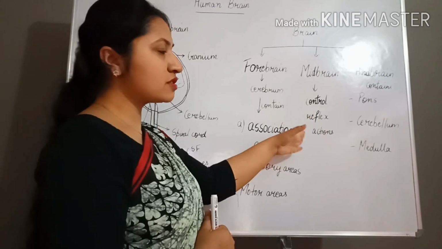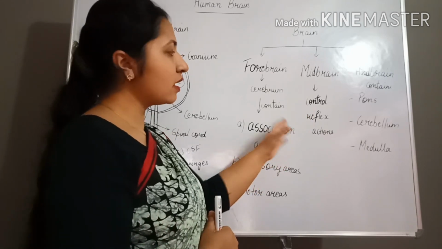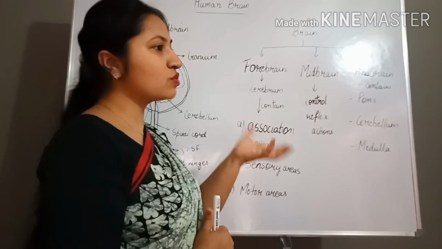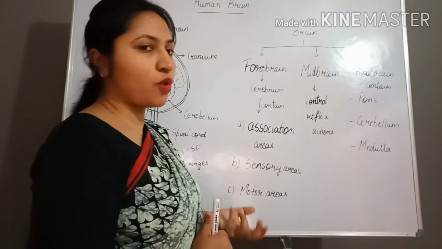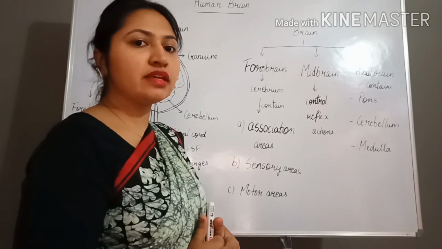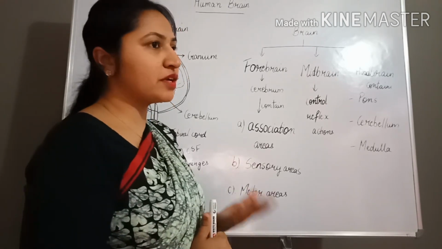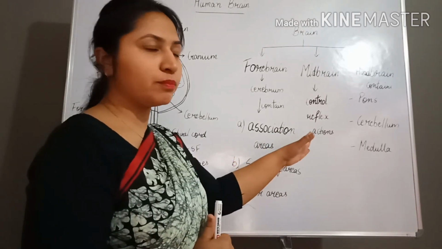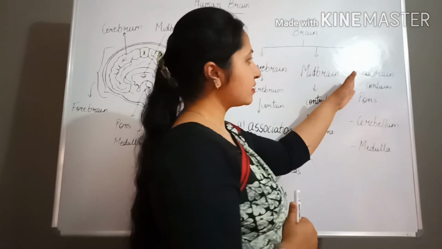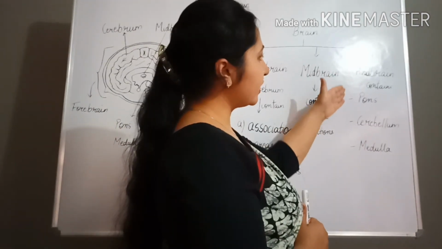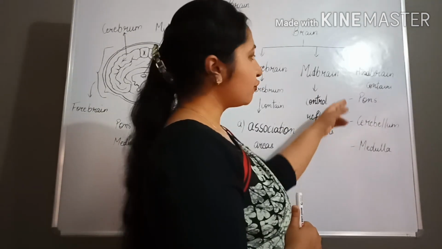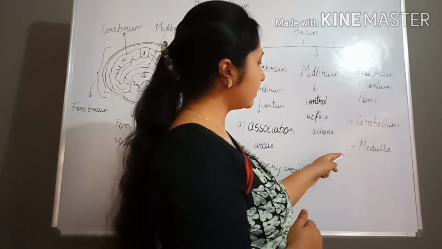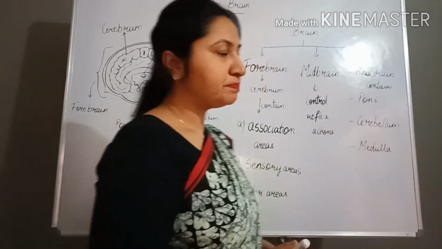What are reflex actions? All of you know about the reflex actions. In the previous lecture I told you that reflex actions are those actions which are a sudden, automatic response against the stimuli. We are not aware of the situation at that time, and these actions are performed by our body. Now next is the hindbrain. The hindbrain contains three parts. First, the pons, second, the cerebellum, and third, the medulla oblongata.